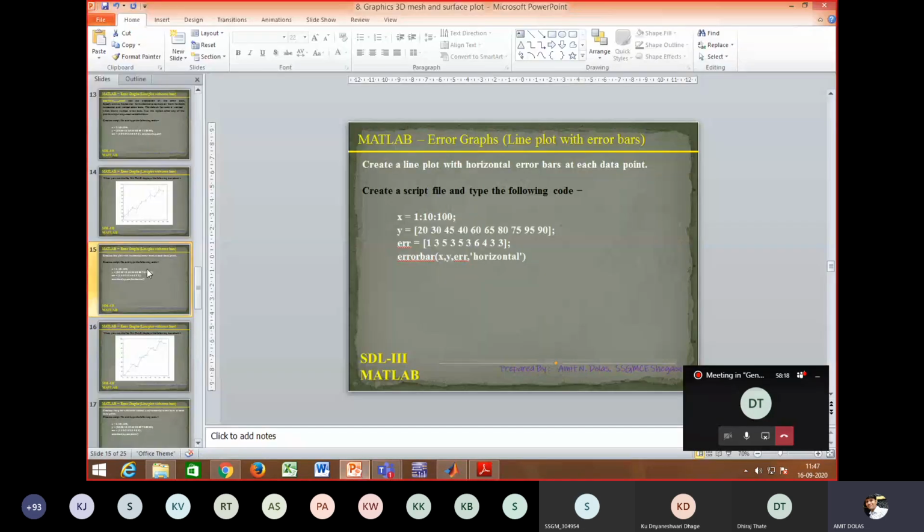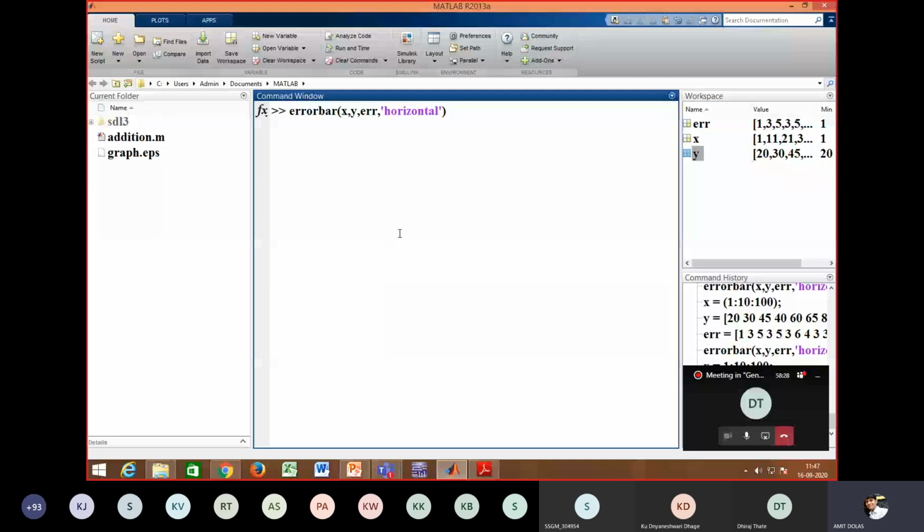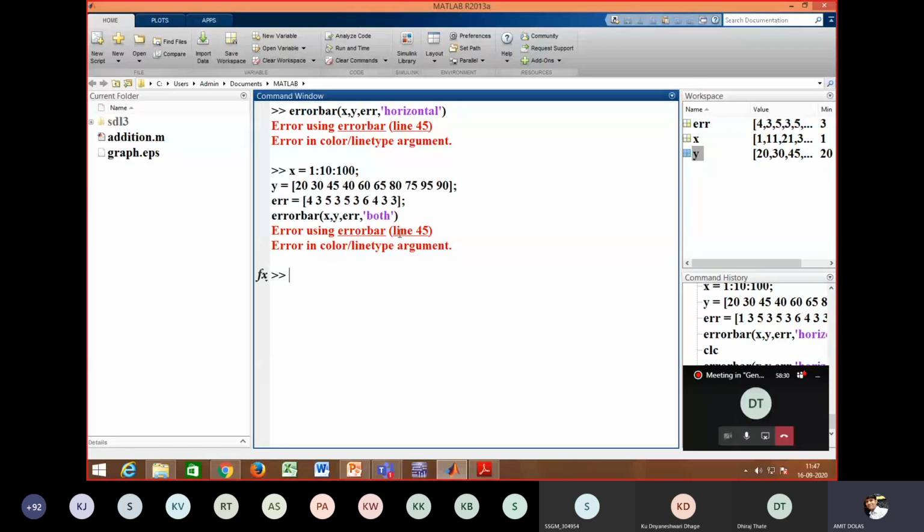Let's see for both. Later on we'll see for that. This is for both. Let's see whether there is an error in this or not.